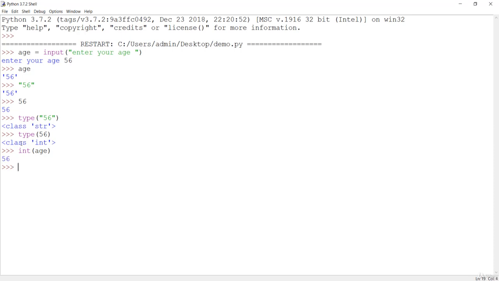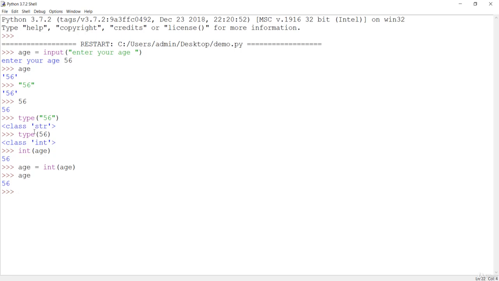If I hit enter, now age has been converted to an integer.